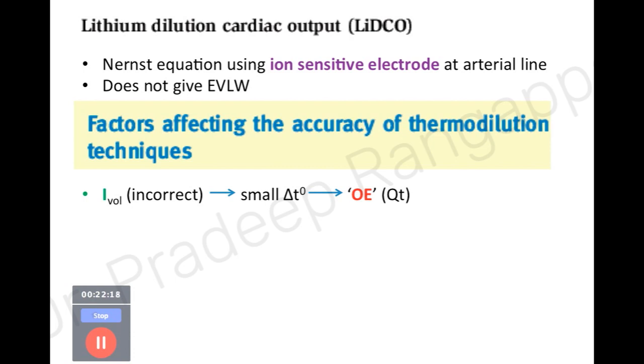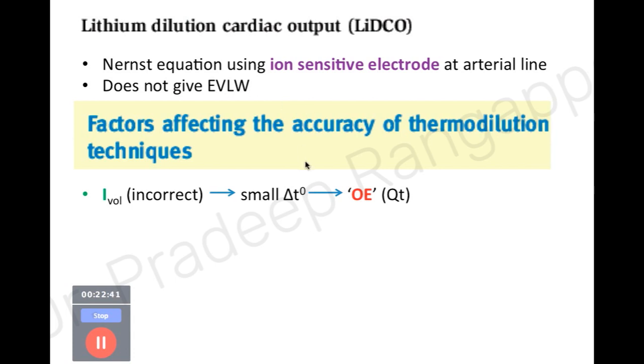So there are three components, as you saw, in invasive monitoring. One is the pulmonary artery catheter, one is the PICO catheter, which is transpulmonary thermodilution, and LIDCO. LIDCO did not catch up in popularity because of the use of lithium solution. So what are the factors? Now we need to understand, are these really time tested, and are there any factors that influence the measurements?